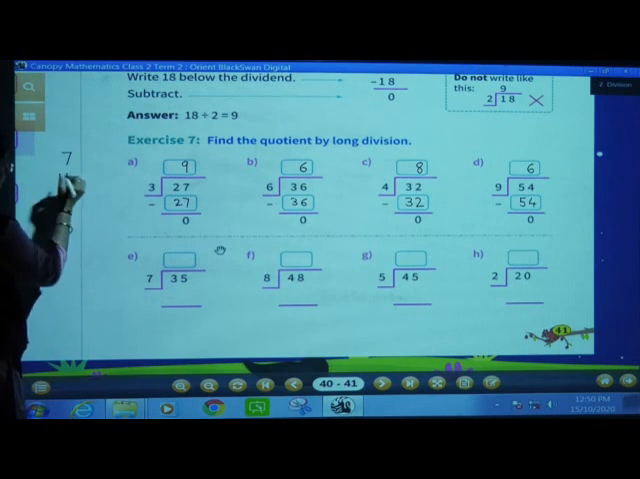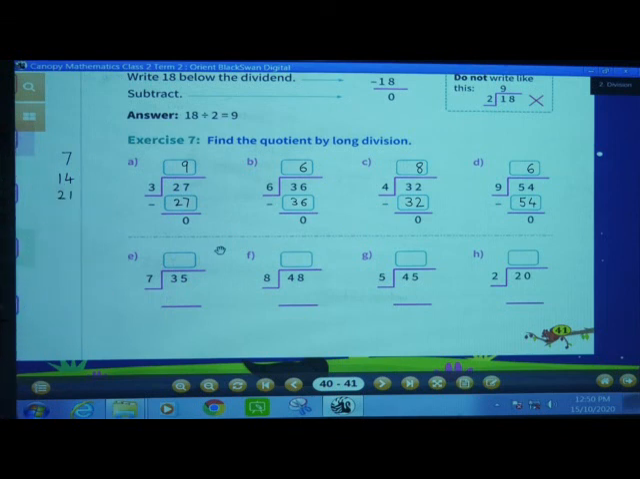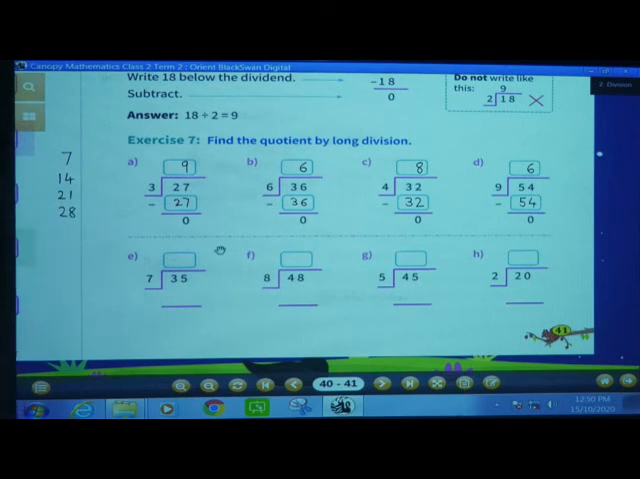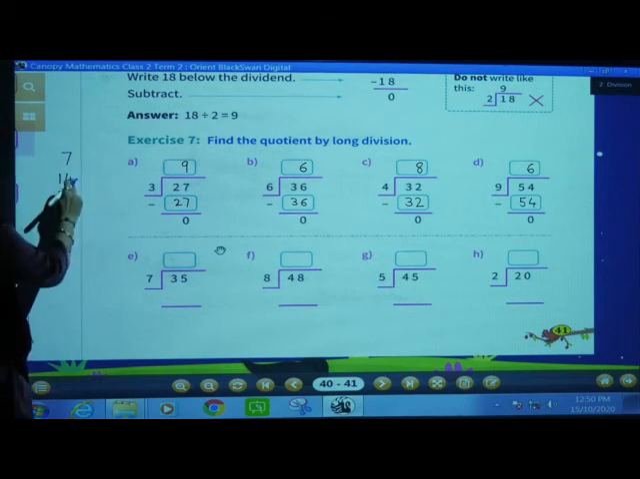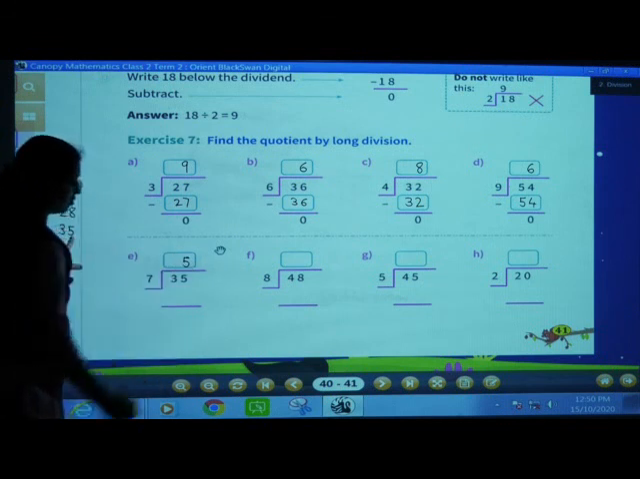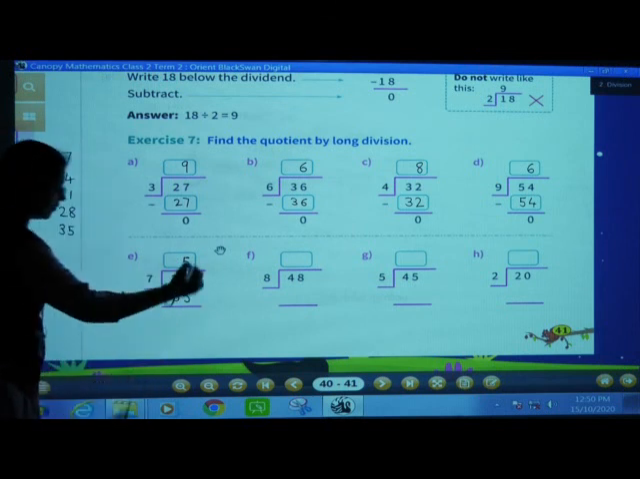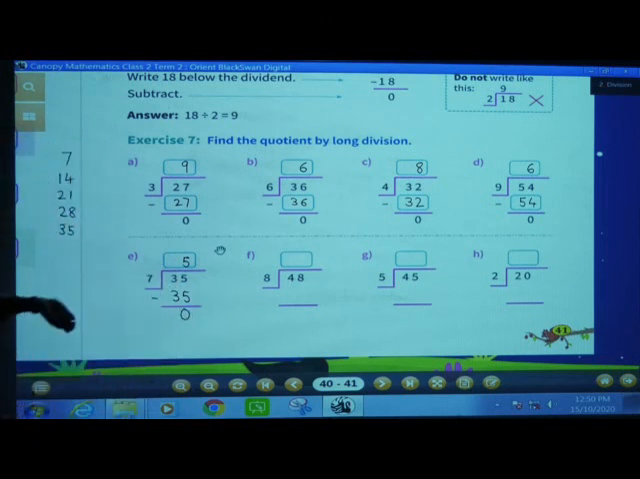7 twos are 14. 7 threes are 21. 7 fours are 28. 7 fives are 35. 7 fives are 1, 2, 3, 4, 5. So I will write 5 in the ones column. Subtract this 35 from this dividend, 35 minus 35, 0. Okay. Next,